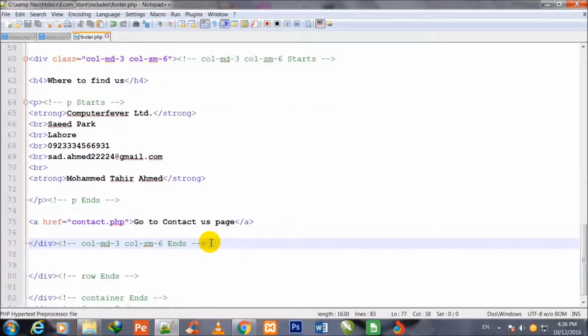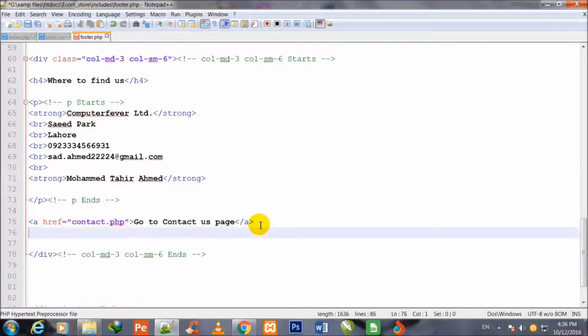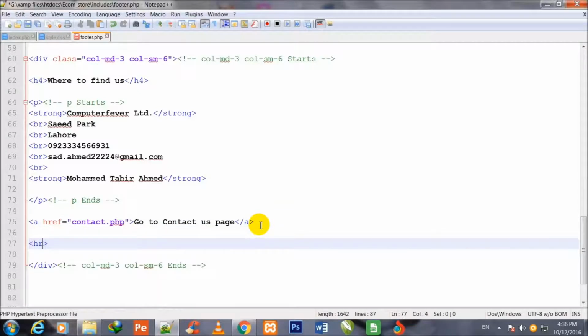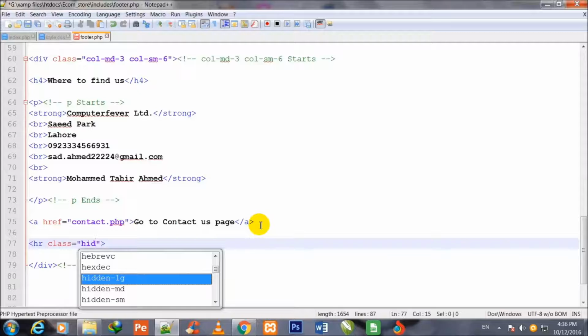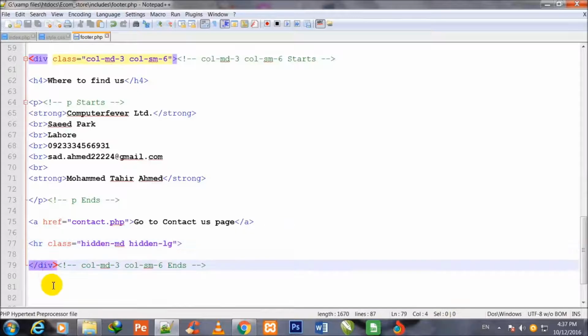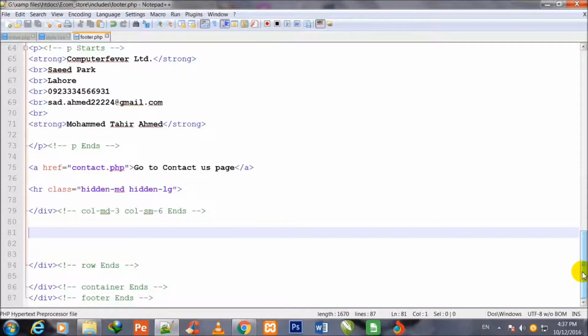So friend, now I am going to come out of closing div of col-md-3 and col-md-6 ends. So friend, I forgot to put one hr for drawing a line. So after putting this hr and assigning it a class, class is equal to double quotes hidden-md and hidden-lg. So now I go out of closing div of col-md-3 and col-sm-6